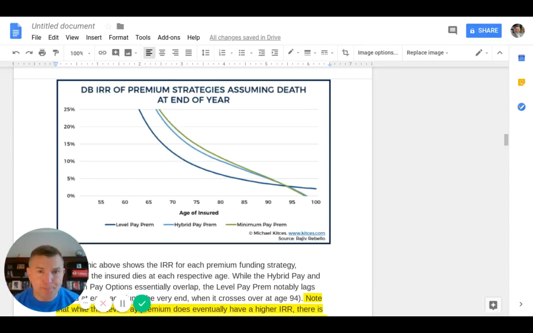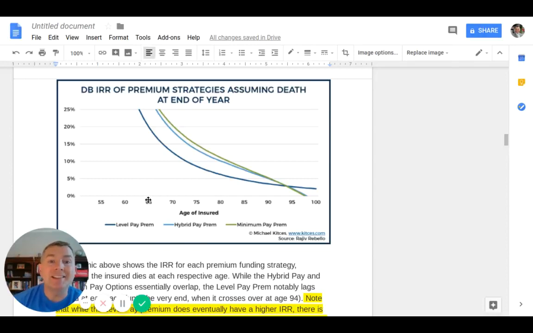We put in $300,000. Let me turn my phone off there. And we're getting $5 million when we die. The IRR on that is about 8%. However, the death benefit, if you're 75, if you did the minimal funding, is up to 12 and even 15%, depending on what type of minimal funding you did when you're 75 years old.